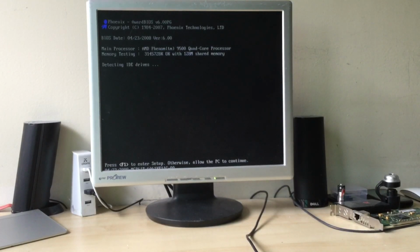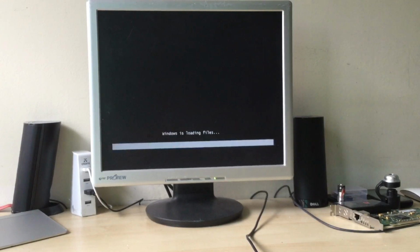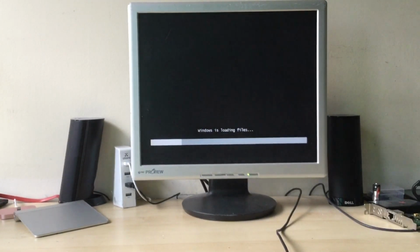Okay, so fingers crossed that this will work. I knew I would run into some problems going into this, but I guess it's always like that for me. But anyways, same screen, just the question is, will it get past the blank screen with the cursor? I'll be back once we get to that point, or if we successfully boot into the